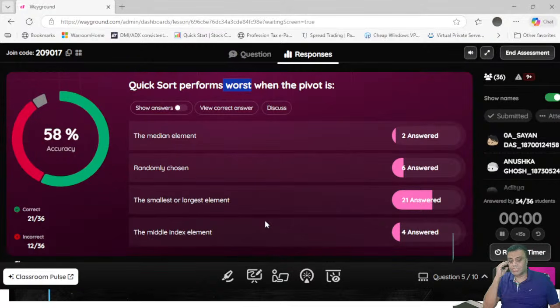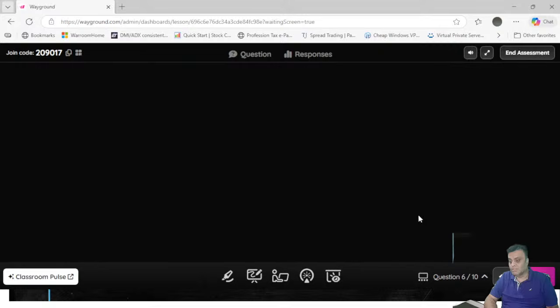So quick sort worst case time complexity will be when your pivot is coming at the left end or the right end, which means that maybe the array is already sorted. That is why you are getting it at the left end or the right end. So remember this, in quicksort, if you don't get both sides of the tree after the pivoting is done, then you are in trouble. Only when you get both sides of the tree can you halve it, n by 2, n by 2, n by 2, and hence go for log n. Right? So that's something that you need to remember. Next.